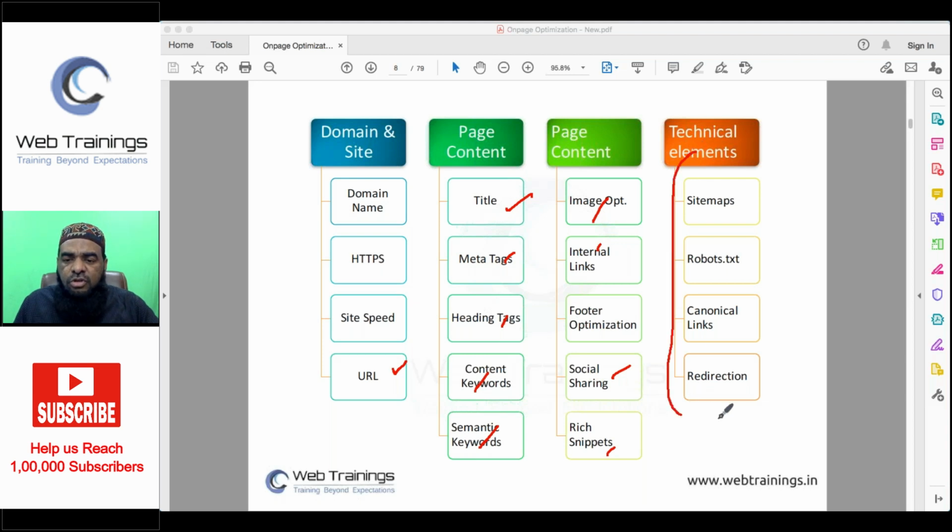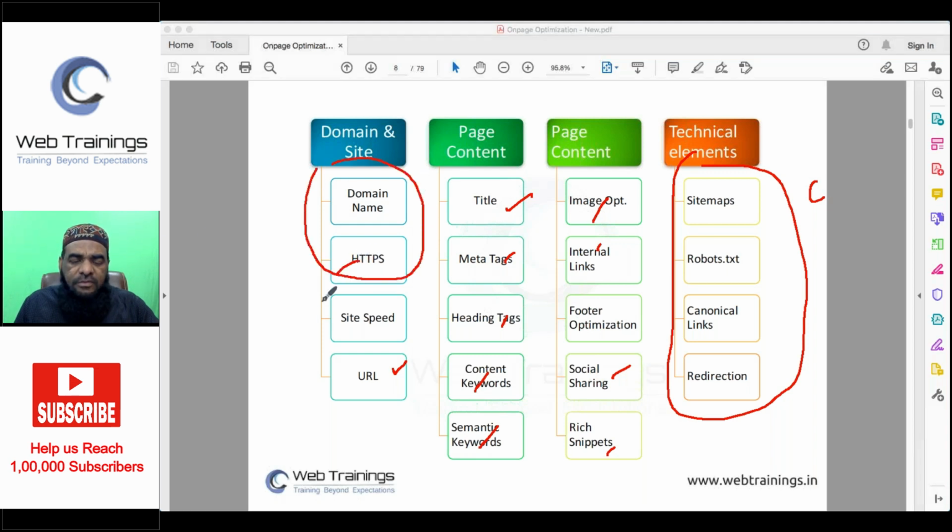These parameters, most of the time, we will do for the entire website one time. This is for the entire project, and this option also will be done. Even speed optimization is also done for the entire project. So most of the time, many on-page factors are done directly on the whole website, but some of the factors have to be done for every single page.